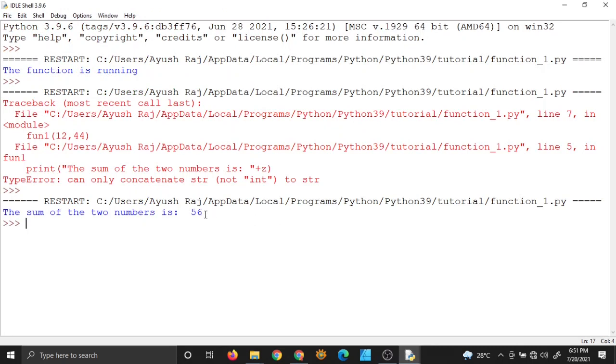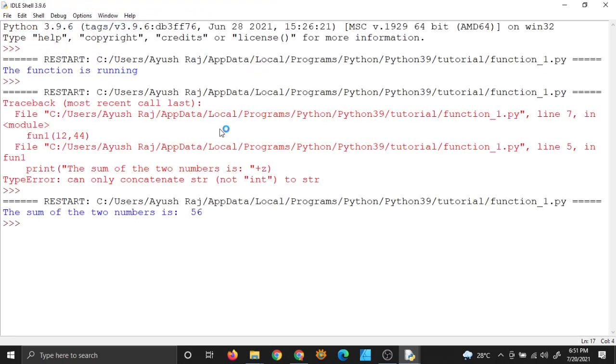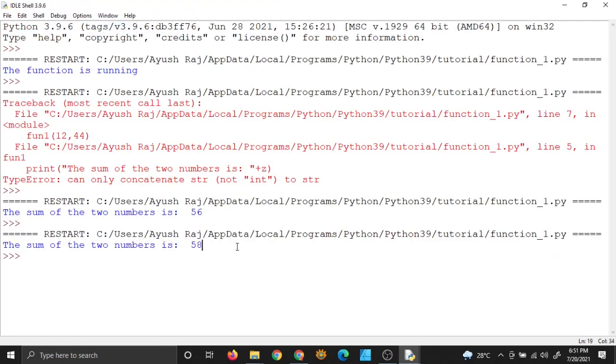Oh yeah, it printed. So the sum of the two numbers is 56. So that's cool. Our function is working properly. So that's your function. You can change this value and you will get a different output. Right, now you've got a different output.